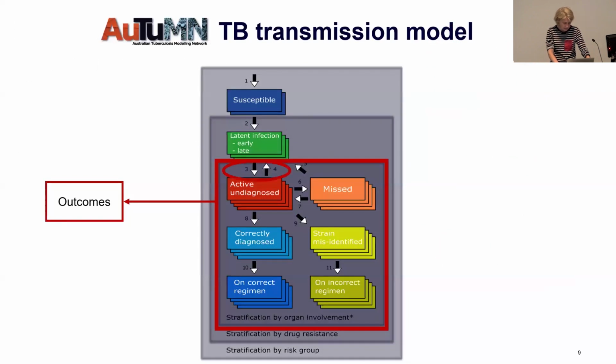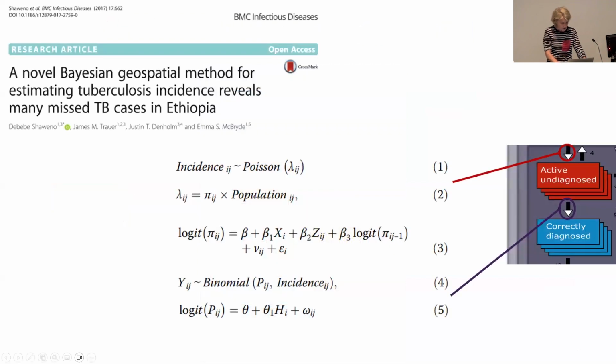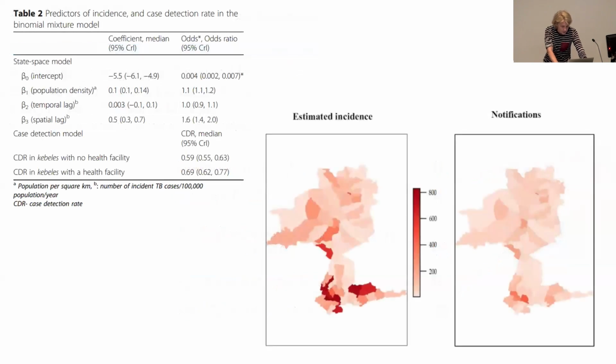So we need to look at incidence and notification separately and develop a new model that takes these things into account. This model, which is the next paper of DeBeebe, says, okay, there's incident tuberculosis and we have predictors for that. They're things like the size of the population, that's the offset, potentially elements of poverty or overcrowding, those sorts of covariates. And then there's a separate part in the model which says, incident TB may be notified, and it may be notified more if you have a health centre or other covariates that are to do with having good health coverage. All right, so